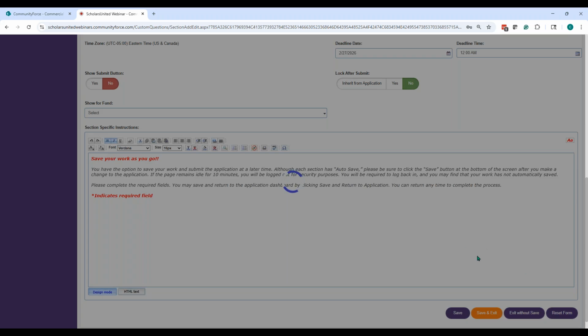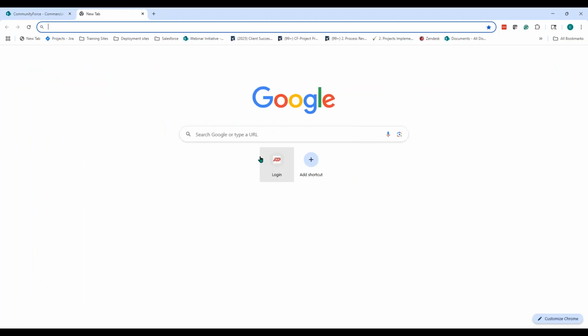Hopefully I didn't cause this to be delayed a little bit. It might take a while here. It's reading it. Didn't mean to hit save. I should have exited, but when you're doing it, of course, you need to hit save and exit so it can save the section that you're creating or making adjustments to. And yeah, it's going to take too long, so I'm going to go ahead and close out and just go quickly back into the site here.